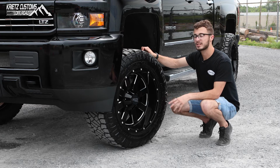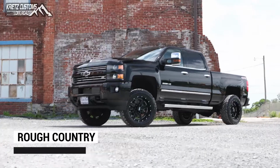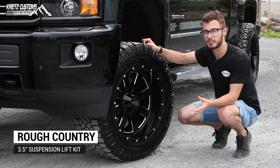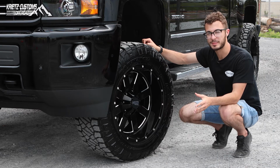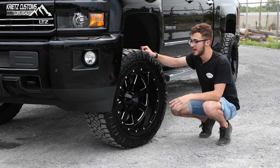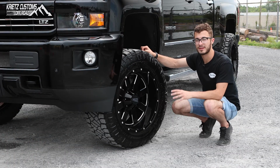off-road. The lift kit is going to be a 3.5-inch Rough Country suspension lift kit. We choose Rough Country because it is a less expensive brand, but that does not mean the quality is bad. Rough Country is known for making very good quality products. With that being said, the total package of this build is a very nice looking build, and if you guys